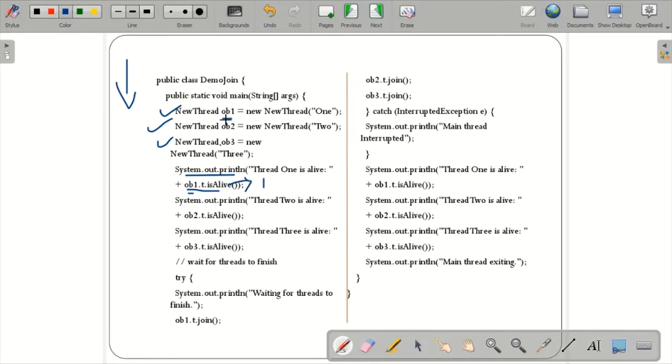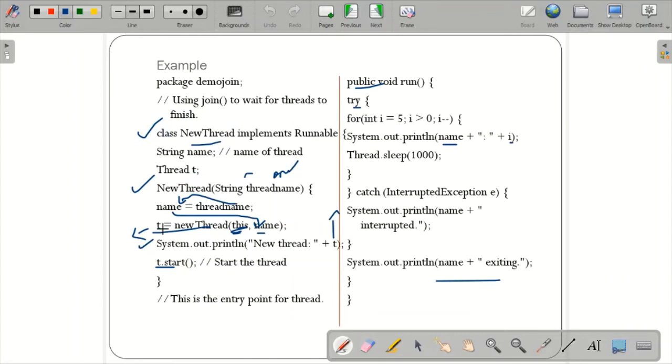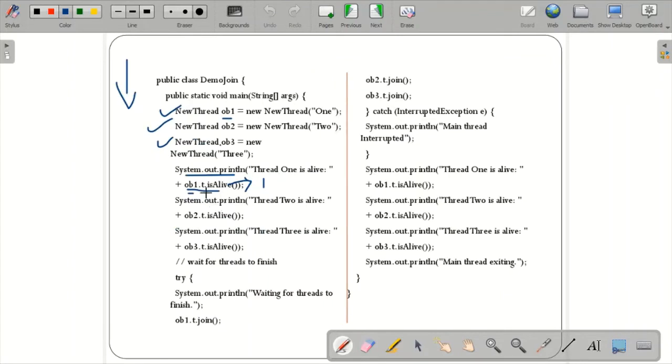Object 1 is this; through this object I am calling the thread object, and then I am calling isAlive, which will return whether your thread is alive or not, whether it is running or not. Same way for object 2, same way for object 3.